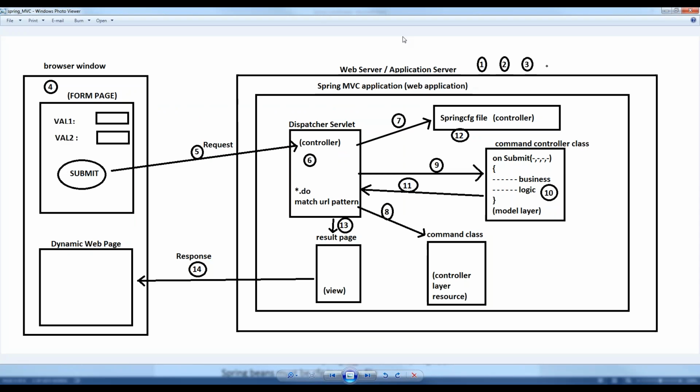See, this is an application. This is a Spring application, but here the front end is there and some server side coding is there. But the calls are going from different places. One, two, three are the server related, and when you click the submit button, the call goes to the dispatcher servlet. Then it goes through the different steps. But to get these calls, we depend on Java beans, that is, Spring beans.